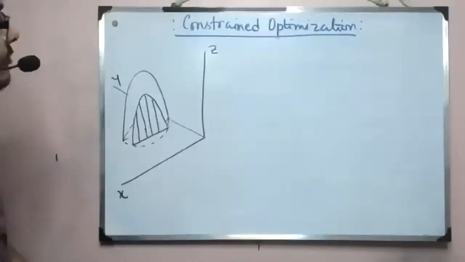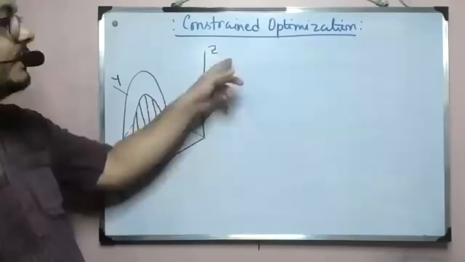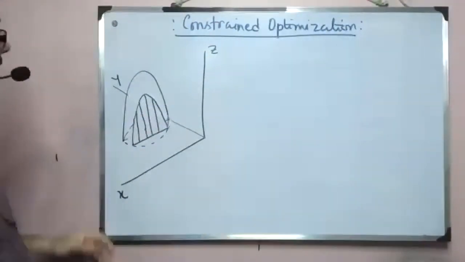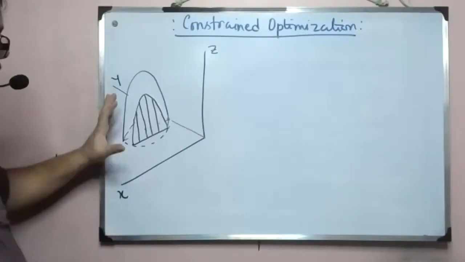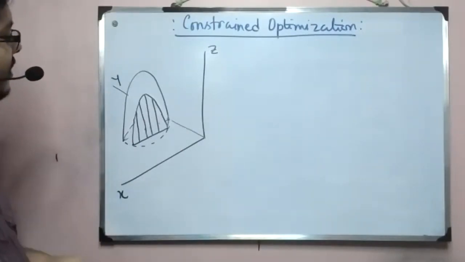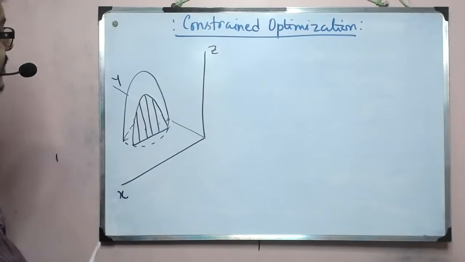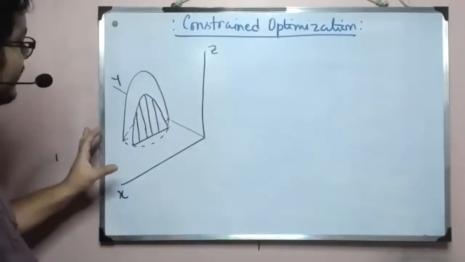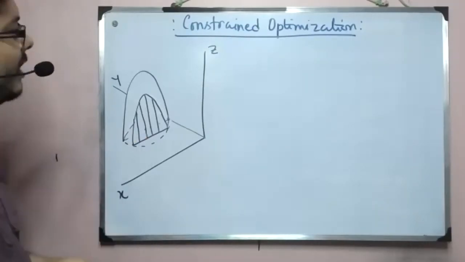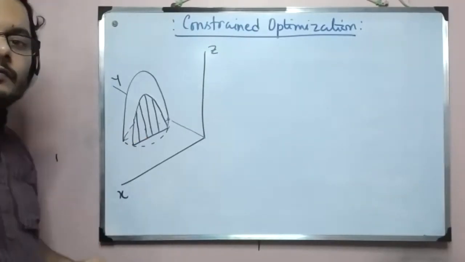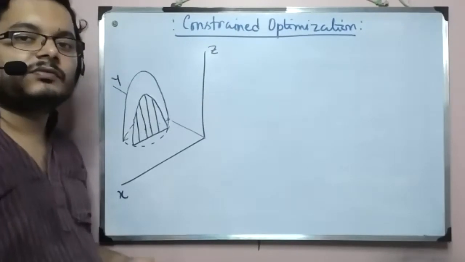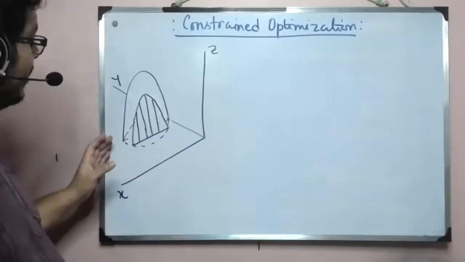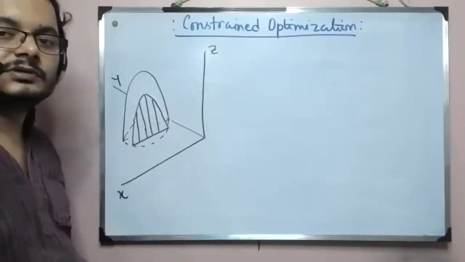Okay, so today we are going to start constraint optimization, and on the left side there is a specimen diagram which will give us the feel, and it is an adequate, simple geometric representation of what we do in constraint optimization. We will come to this diagram, but before that,